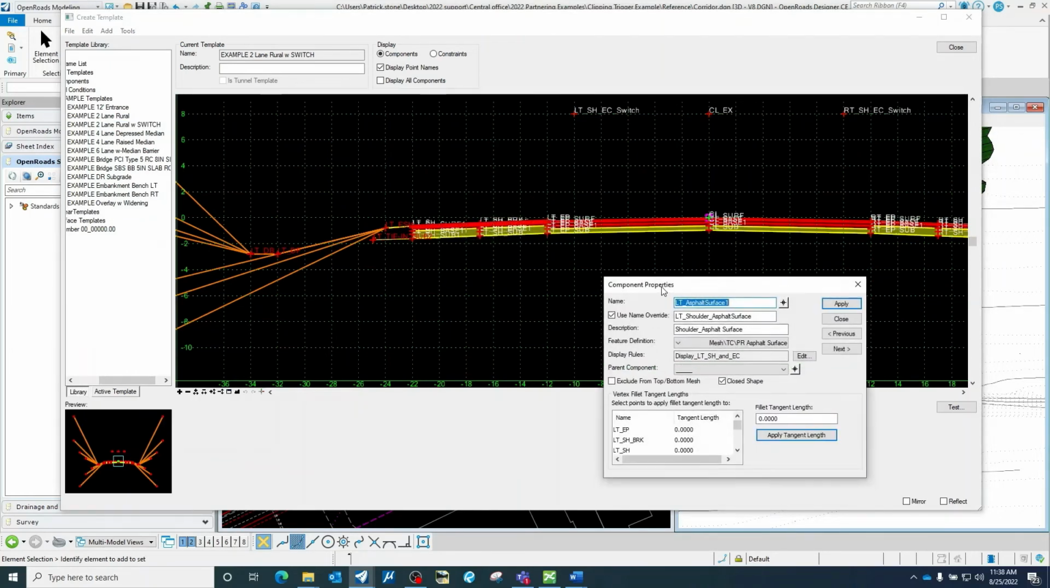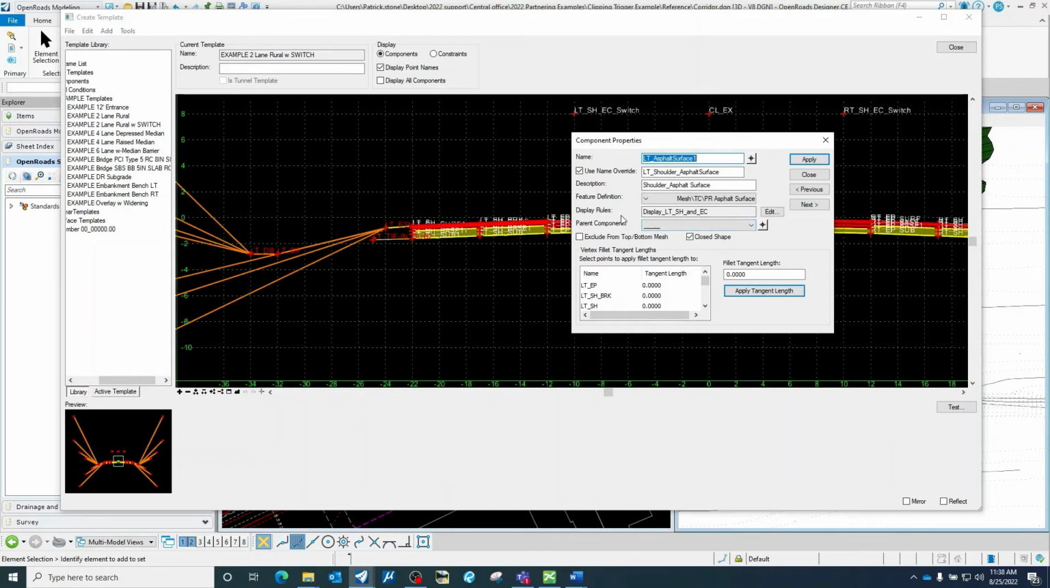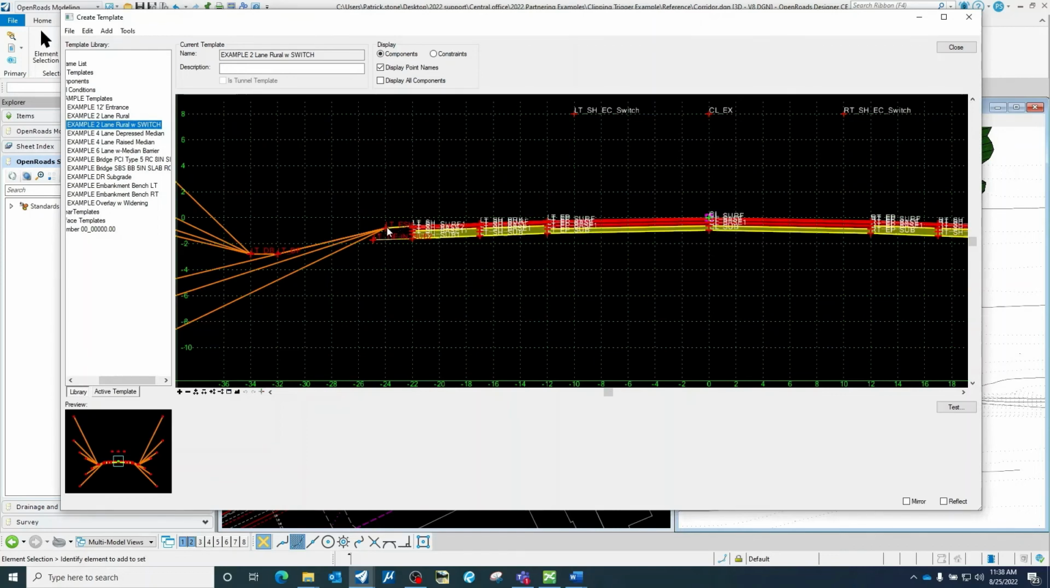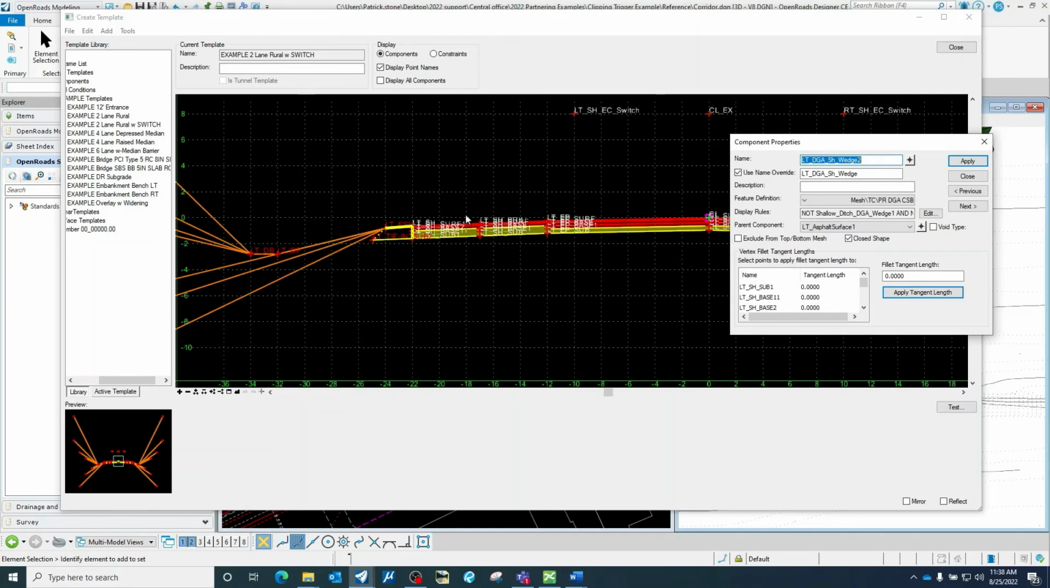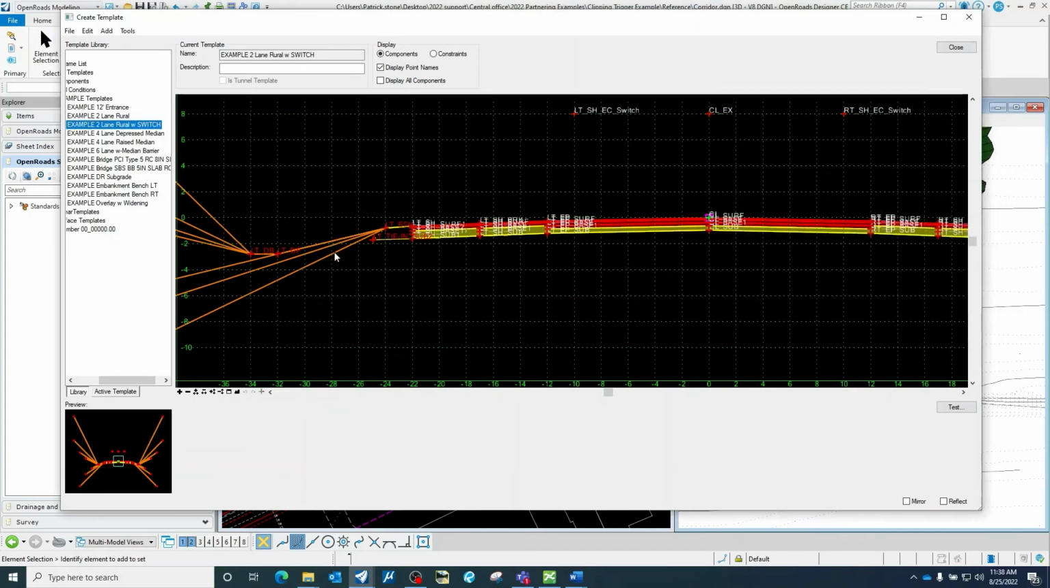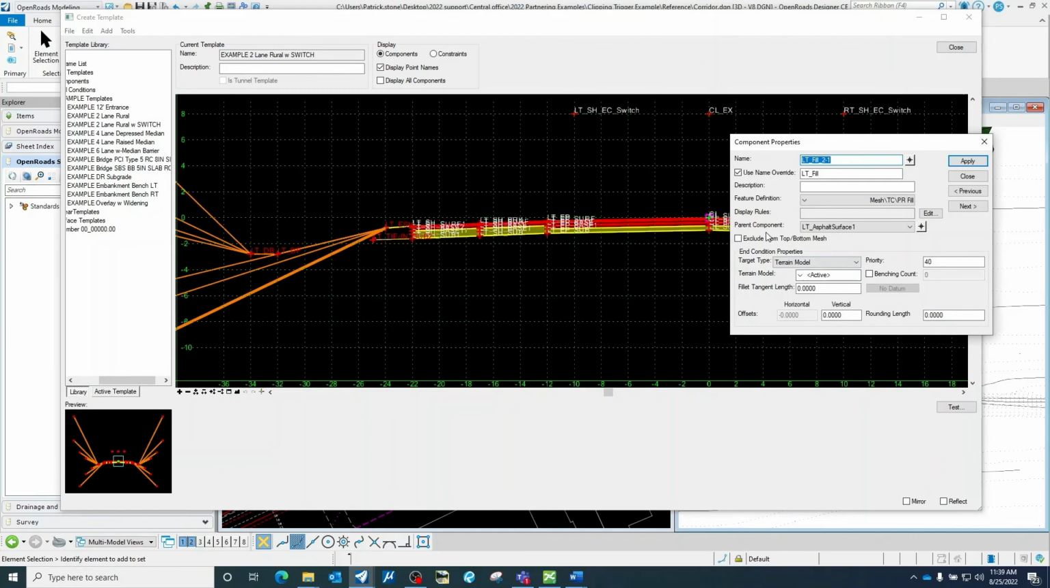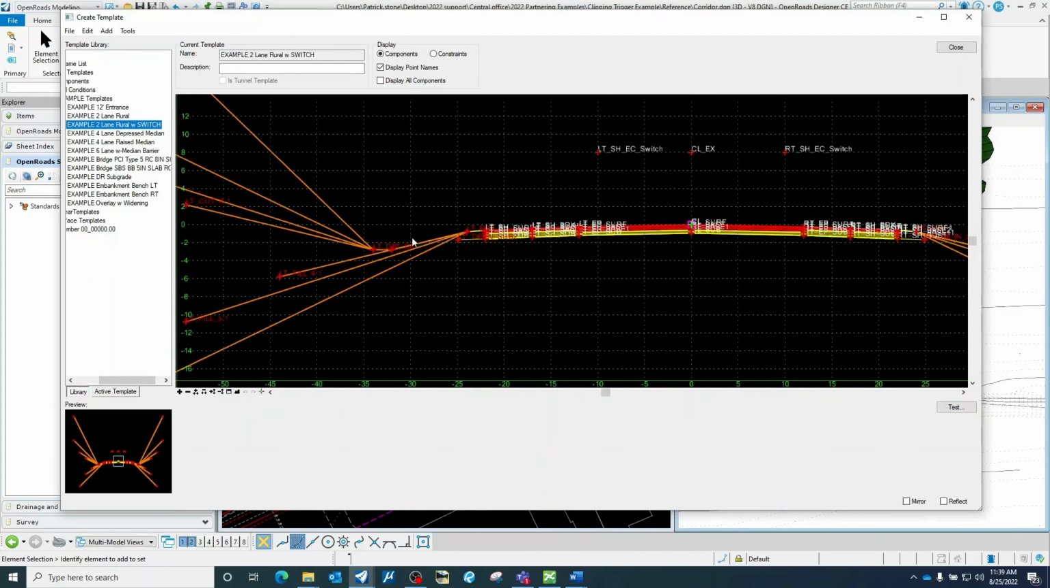Let's look at these surfaces. Now, this one has the display rule on it as far as the left asphalt surface. Same way on the right, which we just pointed out. Now, the rest of these components are children of that. So we made the parent component the one with the display rule, so all these will follow it. And you can check all those. We won't click on every one of them, we'll just pick on them and see. You can see the parent component is the left asphalt surface 1, and that's what enables all that to turn on and